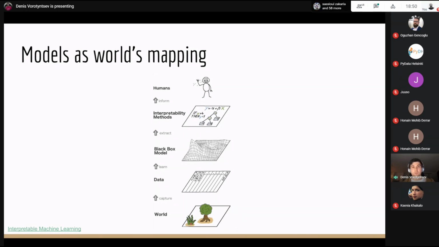And now the interesting part begins. When we're collecting data, our collected data is not actually the real world. It's just a representation of the world, a mapping. And by collecting some data, we're inducing selection bias by default. By training our model only on a subset of all available data, we're also inducing other sorts of biases. We may create a bug in our pipelines. Models are also just a mapping of the data, and so on and so forth.